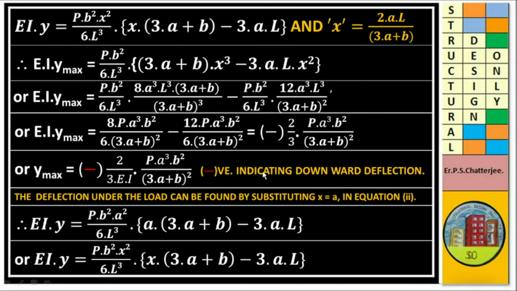Negative sign indicating downward deflection. The deflection under the load can be found by substituting x equal to a in equation 2. EIy is equal to P b² a² by 6L³ into a into (3a + b) minus 3aL, or EIy is equal to P b² x² by 6L³ into x into (3a + b) minus 3aL,